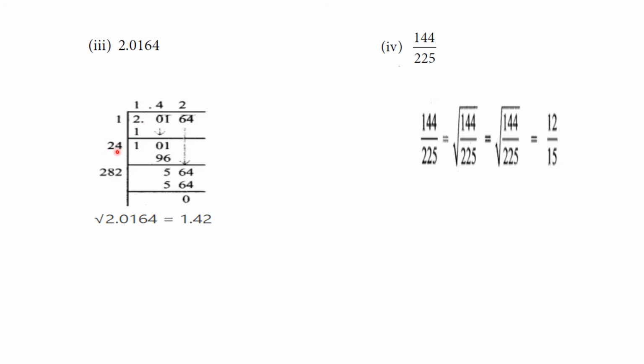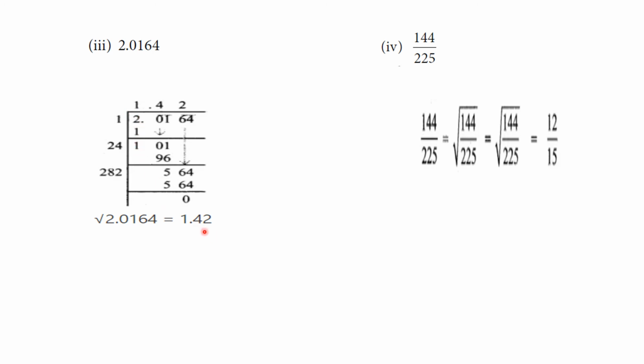Next number: 4 4s are 4. So 4 4s are 16, 1, 16, 6, 1, 4 2s are 8 plus 1, 9. 101 minus 96 is 5, carry down 64. Again you put that 2 as such. Again you multiply with 2, only 4. So 4 into 2, 8. Next number, you have to find the same number in quotient and divisor, that is 2 into. So multiply: 2 2s are 4, 2 8s are 16, 1, 2 2s are 4 plus 1, 5. So the remainder is 0. Therefore the answer is 1 point here,